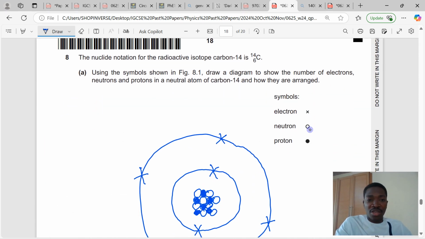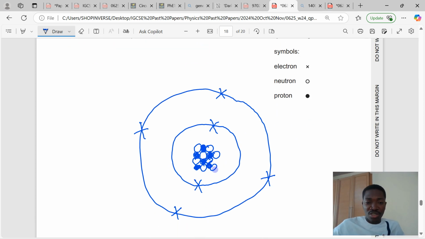Now we move to question number 8. The nuclide notation for the radioactive isotope carbon-14 is C-14, 6. Using the symbols shown in figure 8.1, draw a diagram to show the number of electrons, neutrons, and protons in the neutral atom of carbon-14 and how they are arranged. So how will you do that? You draw